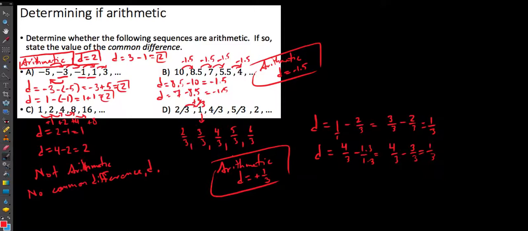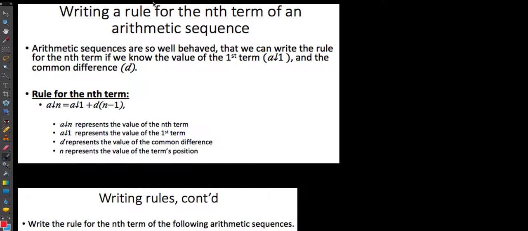considering that these sequences are so well behaved, could we come up with a way to write the rule for these sequences? And I would actually make the argument that on all of these sequences where we tried to determine what the next term would be, we could tell you just because we knew what was happening to the term before. So I would like to make the argument that if we want to write the rule